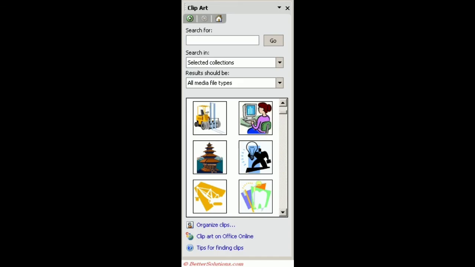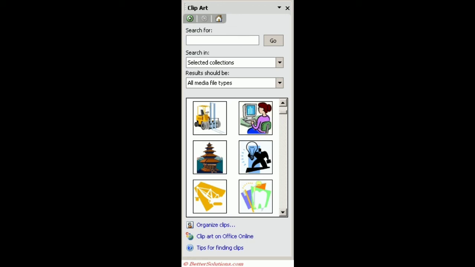You have to click on the Clip Art Audio option from that particular menu. Once you click on it, the Clip Art task pane will appear. What you see in this picture is the Clip Art task pane. Inside this, many options are provided, with many pictures and many audio clips, and you can even search for an audio clip.